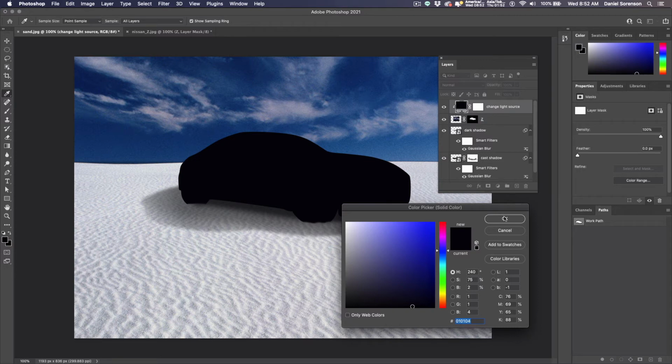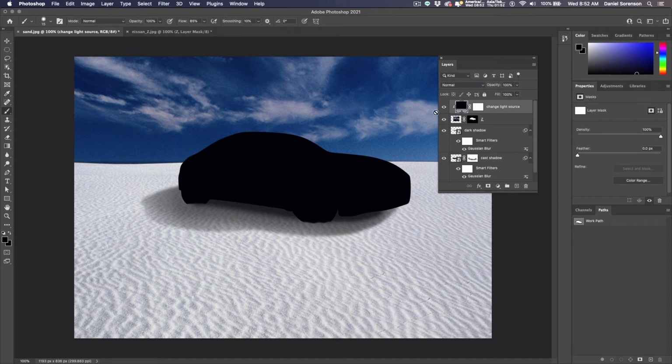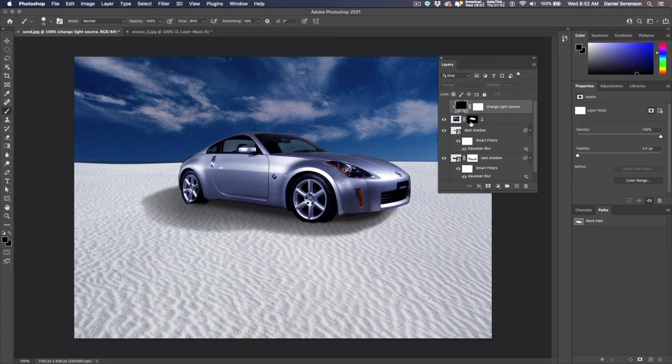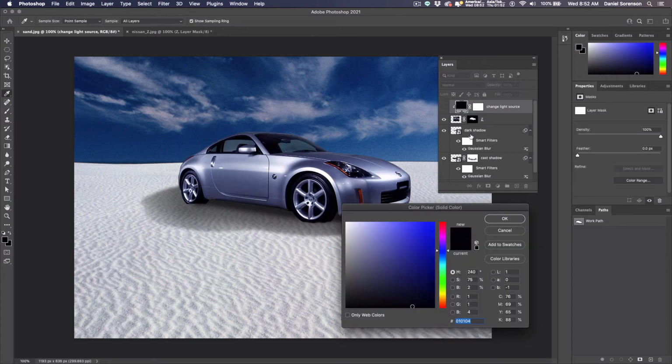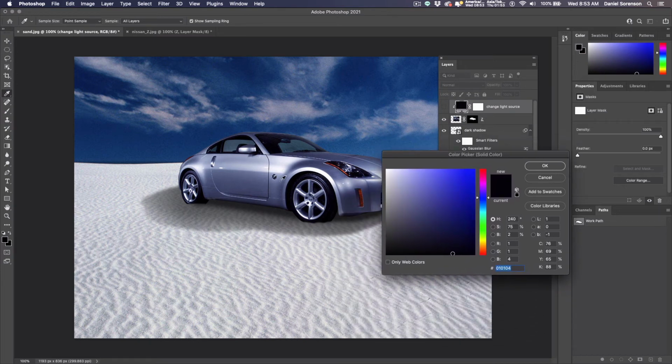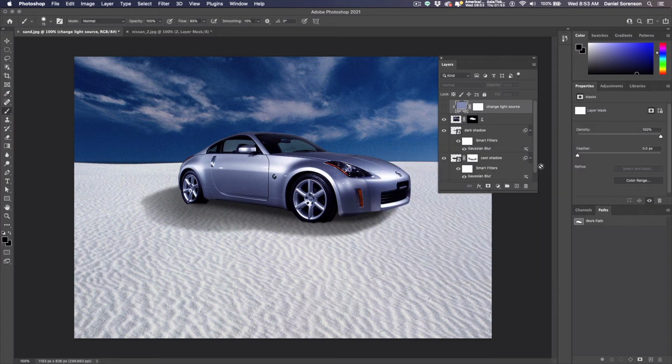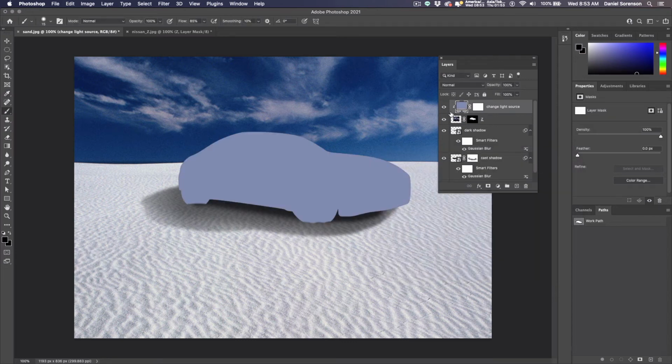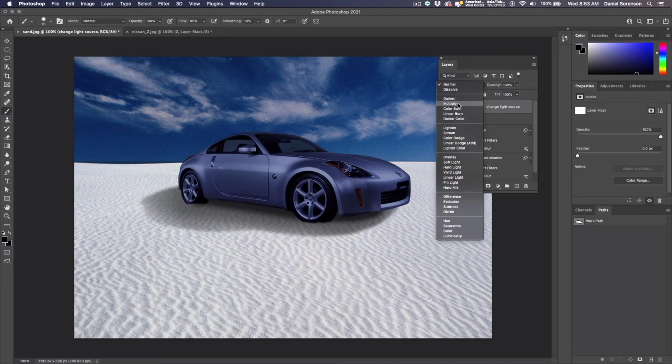Right now the color doesn't matter. I'll just say OK. Then I'll hide that layer by turning off the eyeball, double click on the color preview of this color layer. That brings up my color picker, and then I can move into the image with the eyedropper, and I'll choose a shadow color from within the car, one of the medium or lighter shades in the shadow area. Say OK, turn this back on, change the blend mode to multiply,